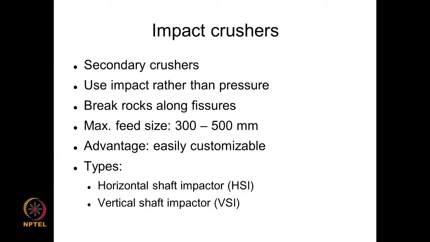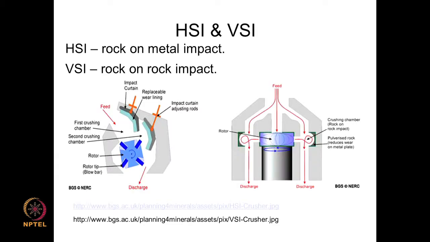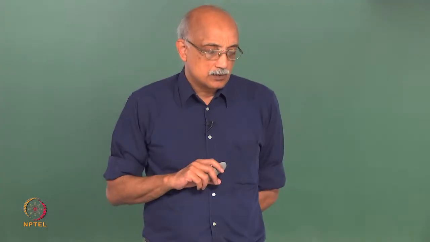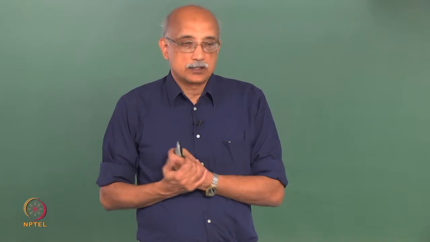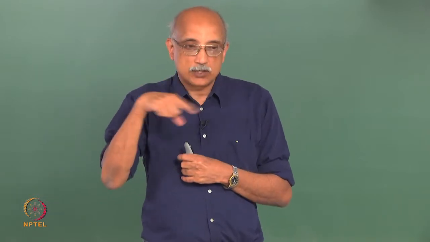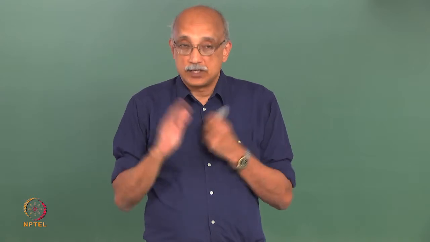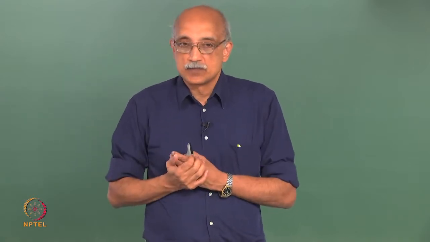So, there are horizontal shaft impactors and vertical shaft impactors, and they differ essentially in the way that the feed material is introduced into the impact chamber. So, the feed can be either introduced horizontally or vertically, and clearly each one has its advantages and disadvantages. The main concern with a vertical feed would again be that there is a possibility of escape. Particles can go right through the impact crusher without ever experiencing an impact, whereas with a horizontal crusher your residence time is much longer. In fact, it is conceivable that the particle can get into a little recirculation flow or a stagnation region, and it can have very long residence times within the crushing chamber, and that can lead to